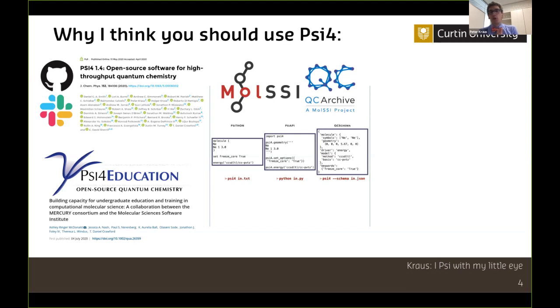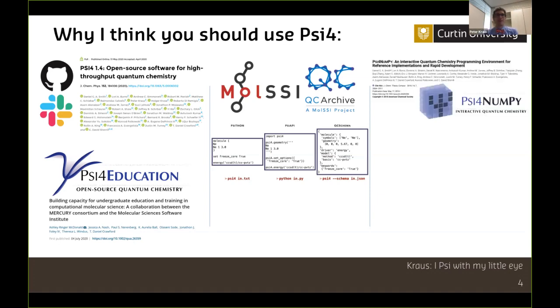Which version of the code, when was it executed, what platform was it executed on, and so on. So it gives you a really nicely packaged input-output combination, which is really good for reproducibility. And finally, for the hardcore quantum chemists around here, one of the nicest resources at Psi4 is the Psi4 NumPy